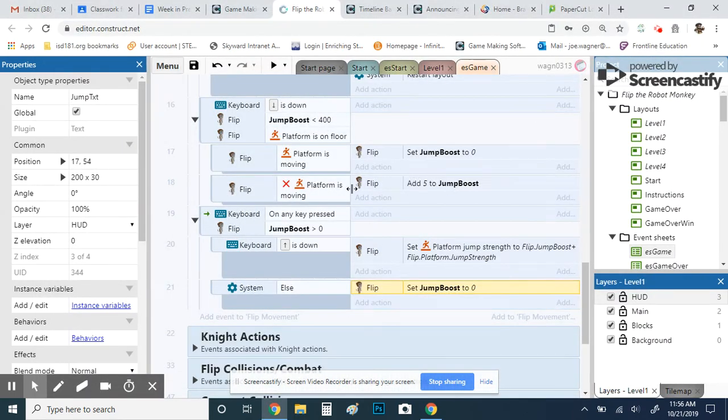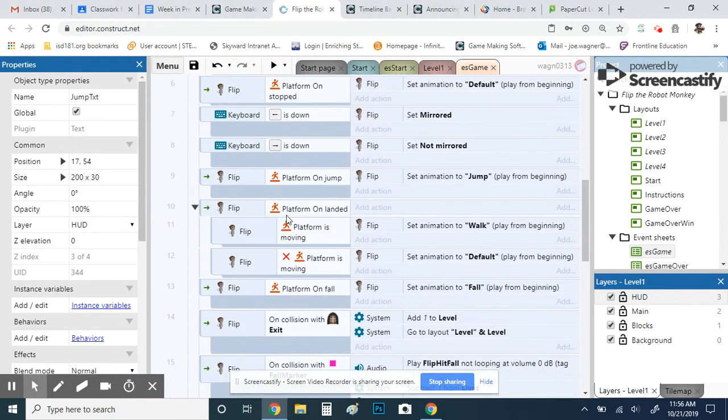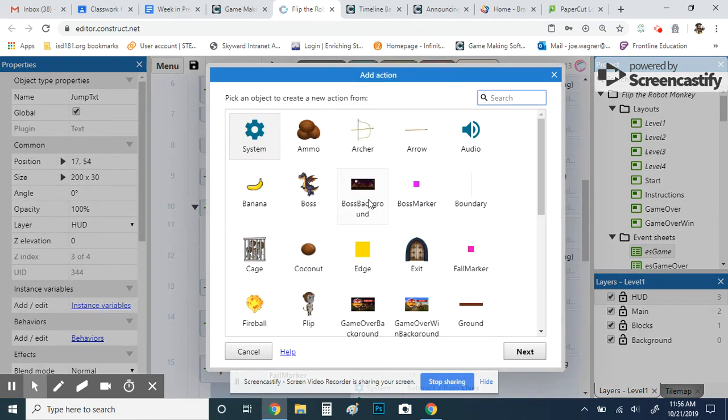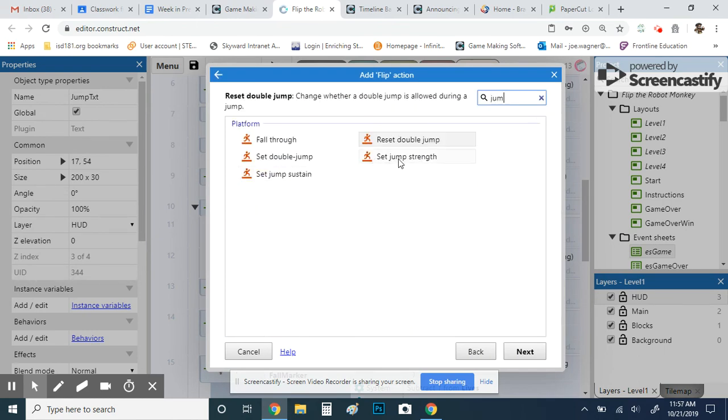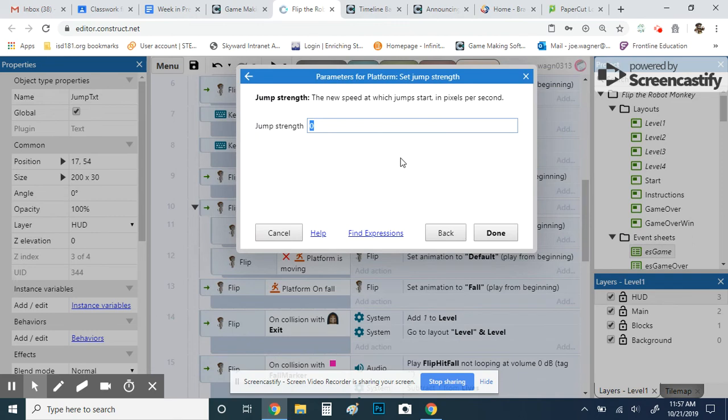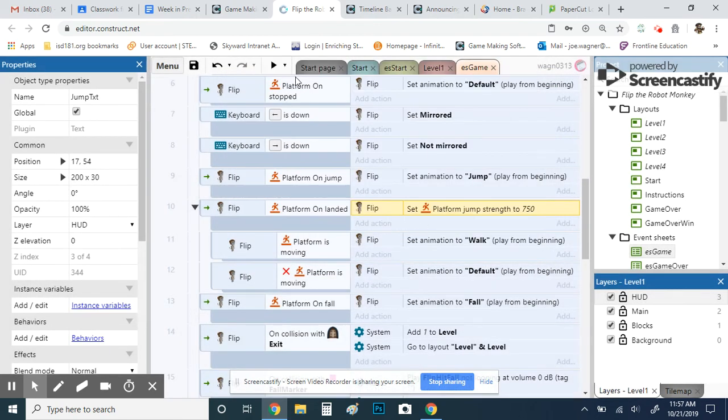So the last thing we have to do is you should have an event here that says flip on landed. And we're just going to add an action right here to this on landed event. So I'm going to add action and I'm going to do flip. And we're going to set jump strength here. And 750 was his default jump strength. So I'm going to set it back to 750. This way now, whenever he lands,